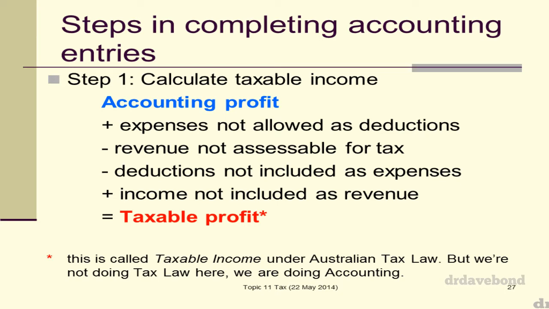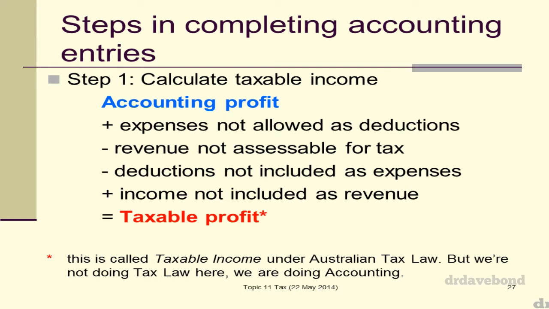So the first step we've got to do when we get a question like this, and you may get a full comprehensive question which does the whole kit and caboodle. It may be just looking at current tax, it may be looking at just the deferred tax, it may just be looking at elements of the deferred tax. Who knows? Depends what sort of mood I was in when I was writing the question. So the thing you've got to do with